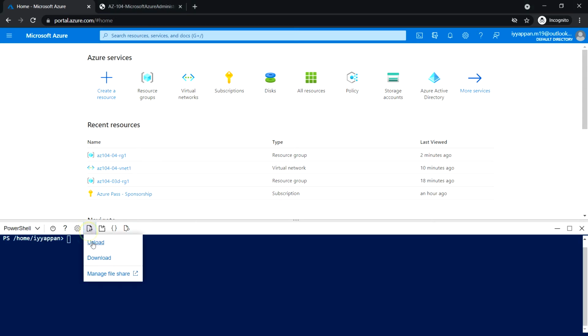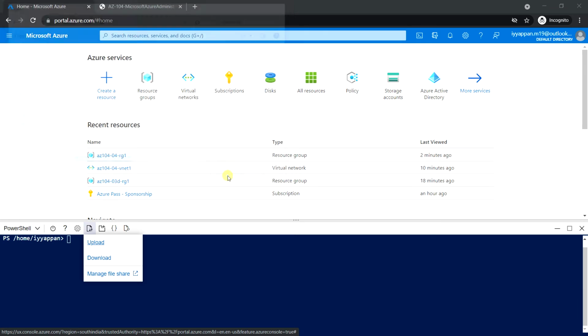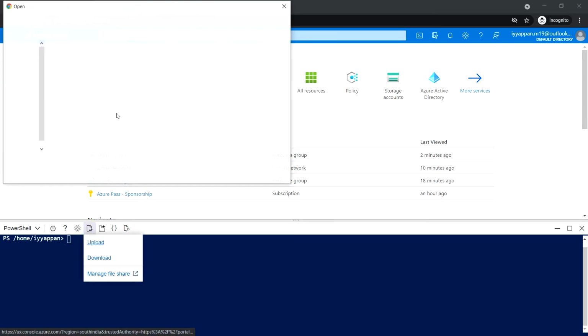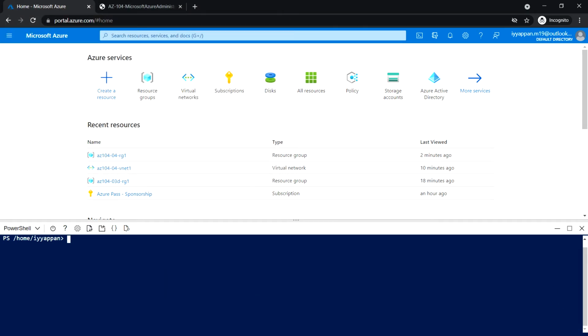Okay, I'm going to upload module 4 template.json and parameters.json. Using this JSON, I'm going to deploy the virtual machine. RG name equal AZ-104-04-RG1. To deploy the